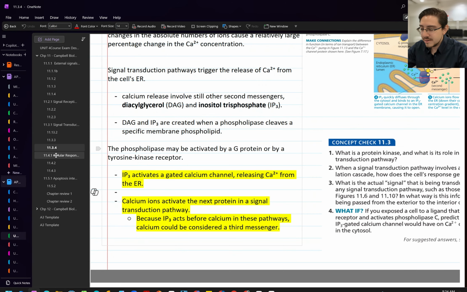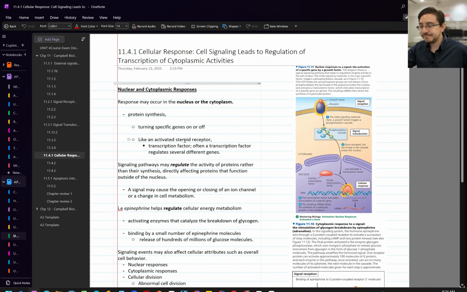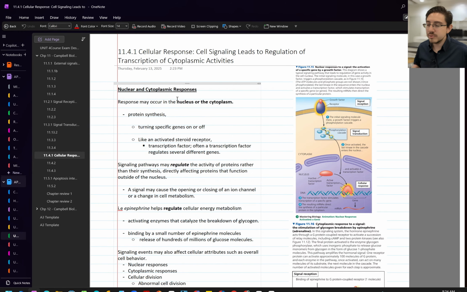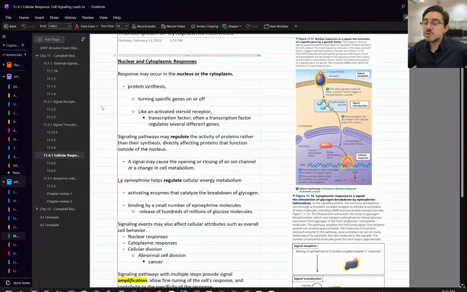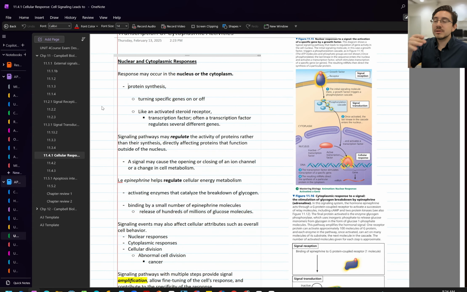So make sure you understand that particular idea there. Okay, we're going to move on to the last part of the signal transduction pathway, which is cellular response. Cell signaling leads to regulation of transcription or cytoplasmic activities. Okay, and you can have responses occurring. You already got the signal transduction, ligand, receptor, relay molecules, and protein kinases, ultimately to create